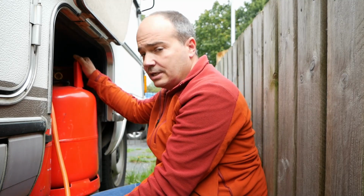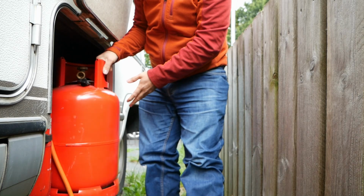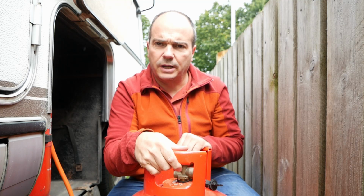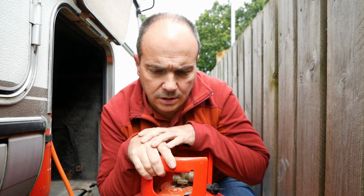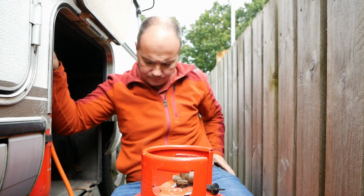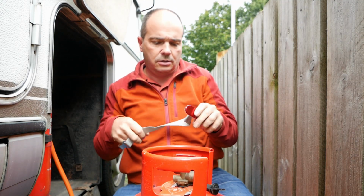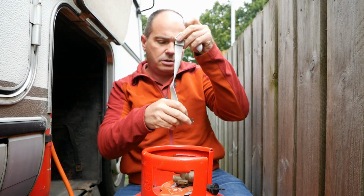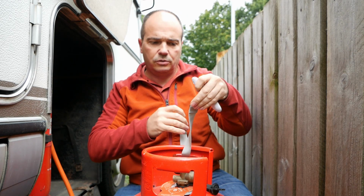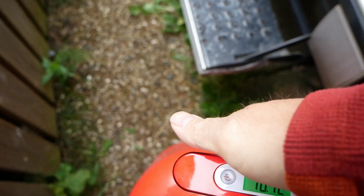Right, time to weigh this bottle. So already I can feel it's really quite light. It's a lot lighter than the full bottle that I've got in here. There's another bottle in here, and I'm going to use my trusty weighing machine. Basically just use this like you would with a suitcase, and then put it on, and well,